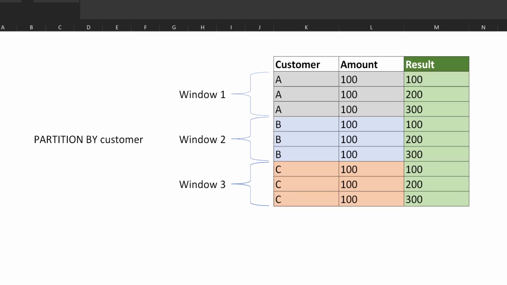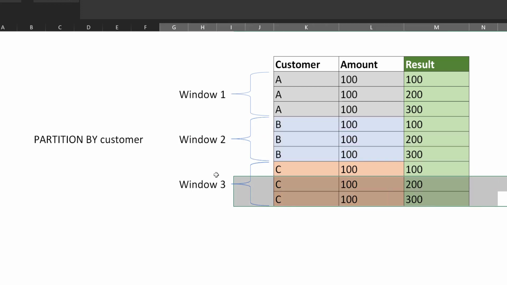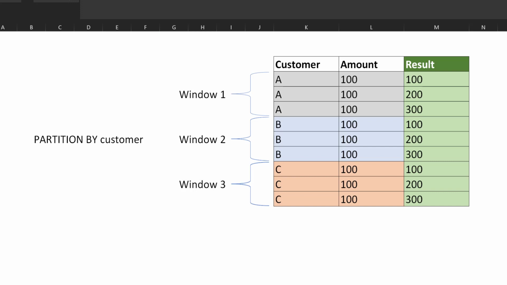To demonstrate this, let's look at an Excel file that I mocked up. In this scenario, we are partitioning by customer, and you can see that I have 9 rows in my table with customers A, B, and C and the amounts that they've spent. If I partition by customer, my first partition is customer A, my second partition is customer B, and my third partition is customer C, and so forth. And you can hopefully see that if I sum the amounts while partitioning by customer, then the result that I get from my analytic function is a cumulative total for each customer. Then, when the next customer begins, that total resets from 0 and begins again, and so on and so forth.